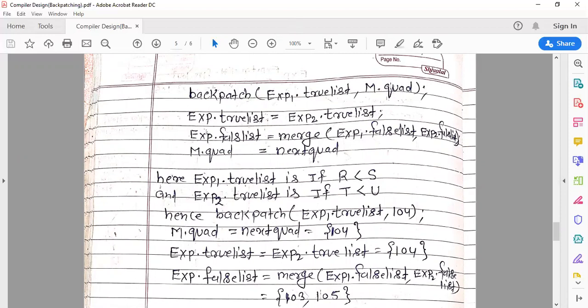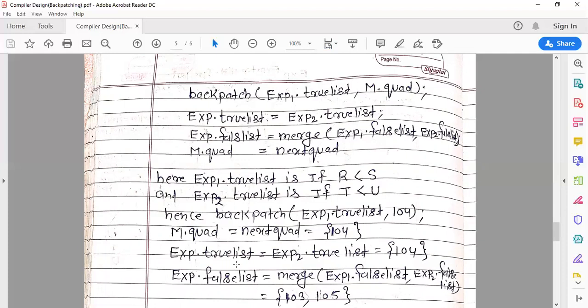According to the backpatch function, this m dot quad is inserted at this level, and here we have 104, and this 104 is inserted into exp1 dot true list. You can see m dot quad is 104.